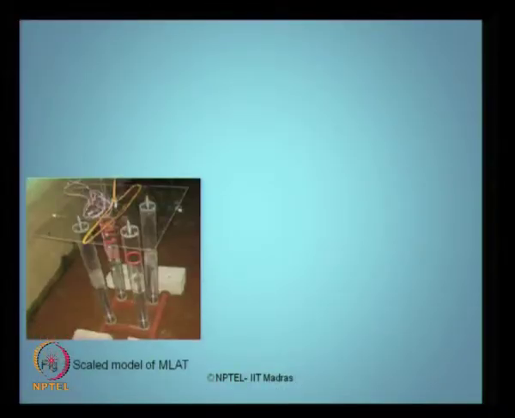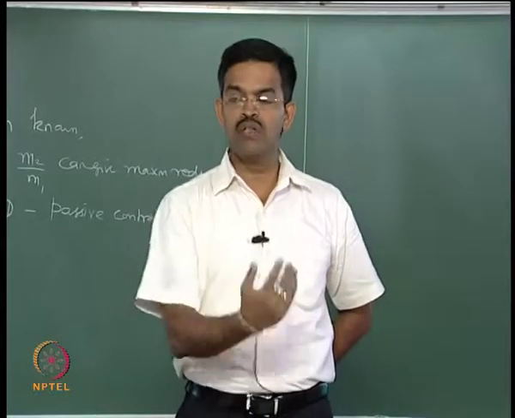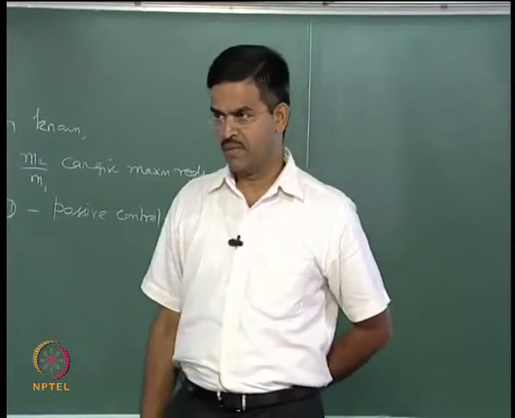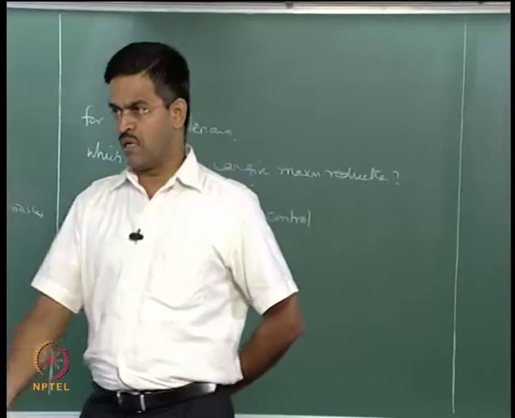So, that is the experimental setup we have. It is a 4-legged articulated tower. You can see the articulation at the bottom here. There is an articulation here at the bottom, and of course, there is an articulation here at the top also, because this articulation at the top is only to reduce the bending moment at the rigid body connection between the deck and the tower, which you saw in the earlier case of single leg ATs. This was one of the geometric innovations.